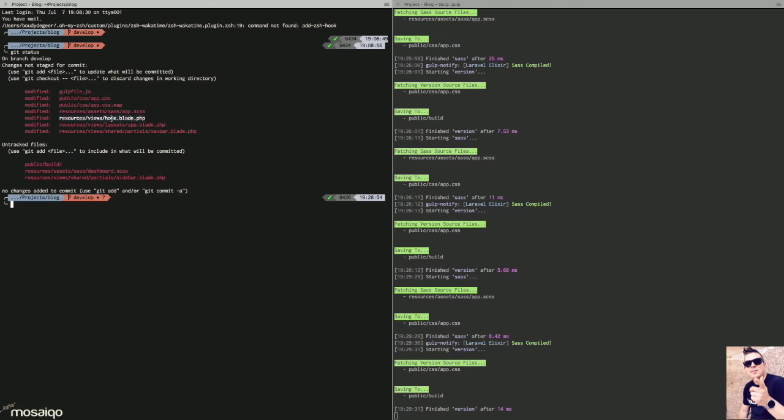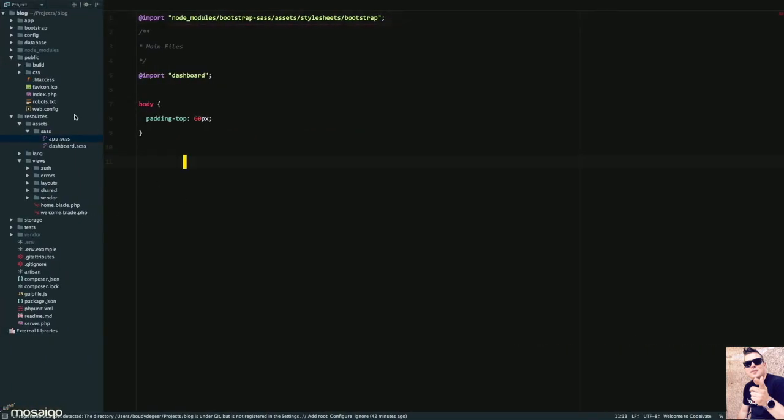The home blade is yeah, the home. I think we should change it before committing to dashboard. Then it sticks there. Navbar blade is okay. The sidebar is not added yet. The dashboard CSS is there, and the public build should also be committed. Okay, great. Then one thing before committing and making a short